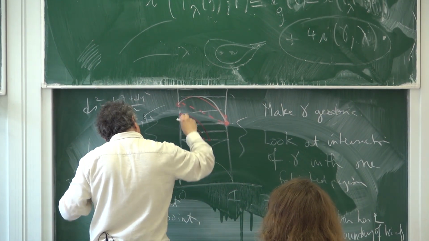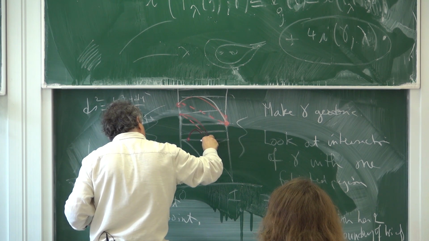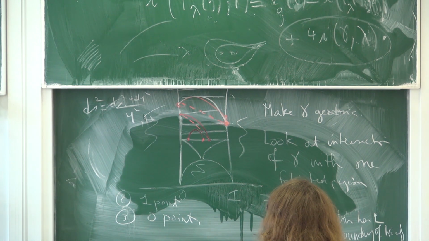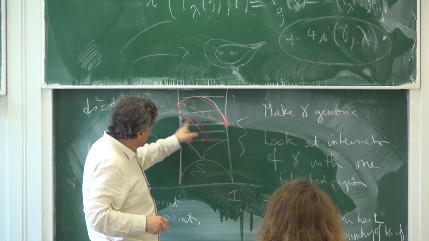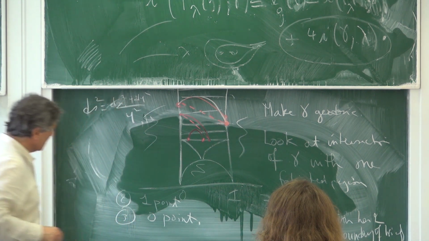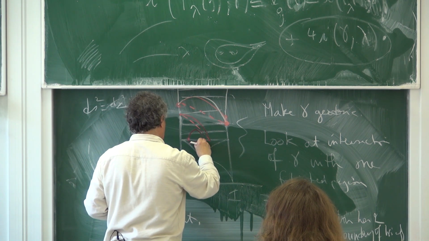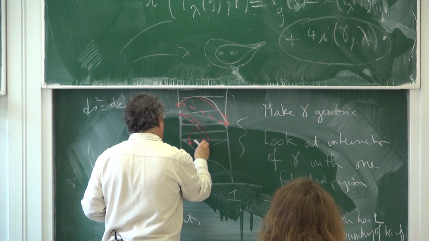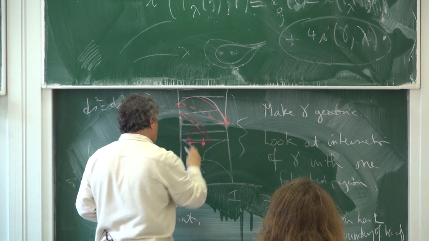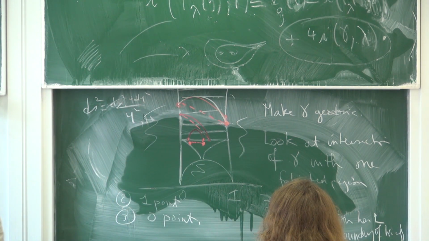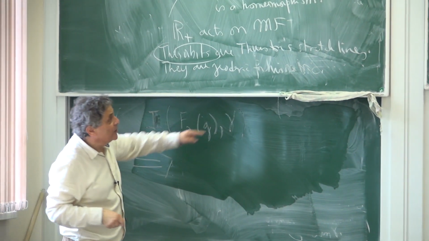Now I do the same for this one. Maybe it was transverse, maybe it was not, but anyway, I want to replace it by a transverse curve, and I have the same thing for this piece here. Its intersection number is less than the length of this piece. Each time I have a piece here, I push it into the non-foliated region, and then its intersection number with the foliation becomes 0. The result is that the actual intersection number of all these pieces is always less than